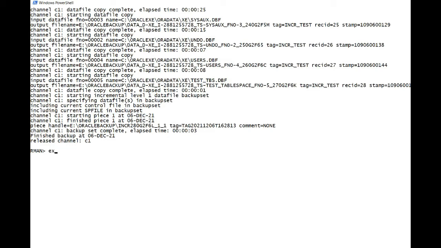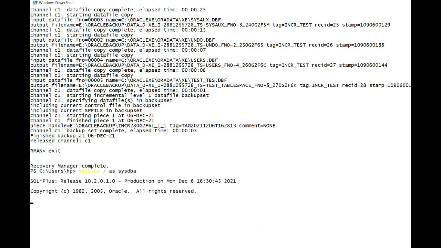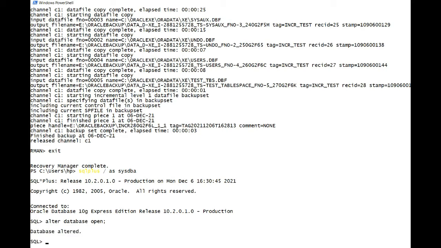Now what we'll do is modify the data. So I need to open the database in open read write mode. Select table name from DBA tables where table name like.